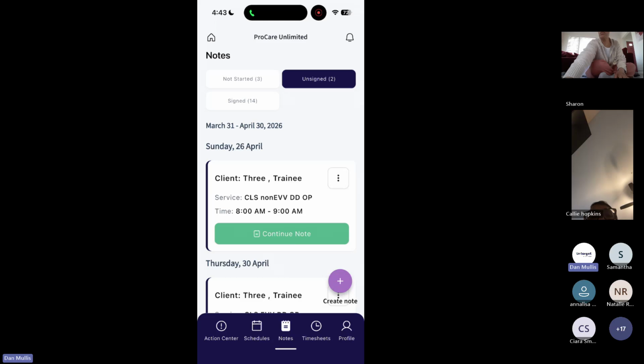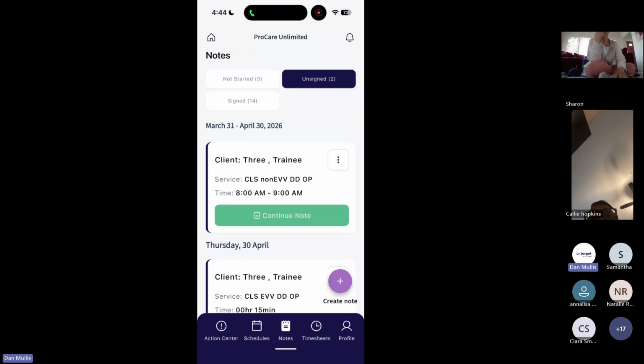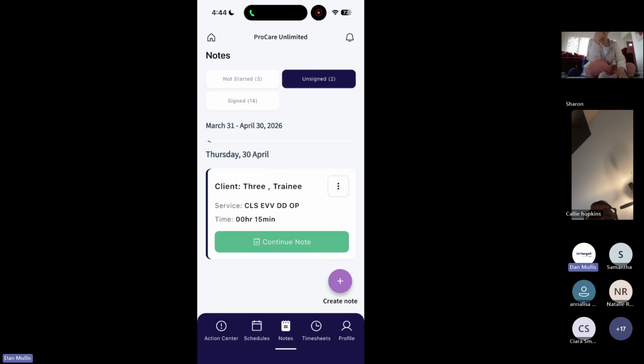Now, any unsigned, again, this is kind of like unfinished business. Here's one from Sunday. Here's the one from today, right? Here's the one from April 30th that I need to continue, and I need to go ahead and sign it, and I haven't signed it yet. However, this is EVV. This has to do with clocking out. I'm going to hang tight on that because I want to clock out. Okay, I want to actually show you guys what that looks like to clock out. Okay. So continuing to move along the bottom, I've got